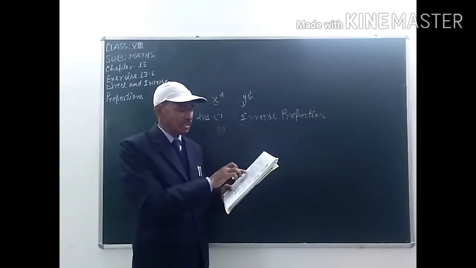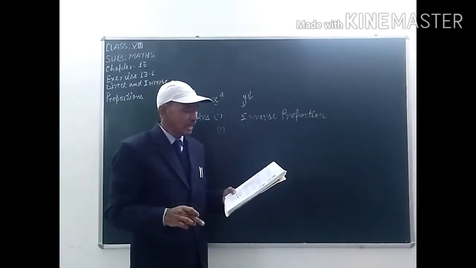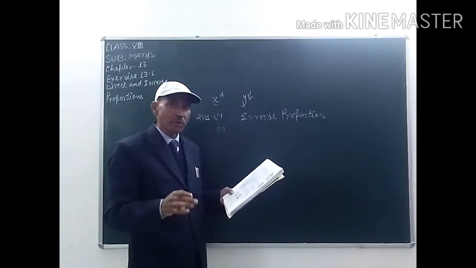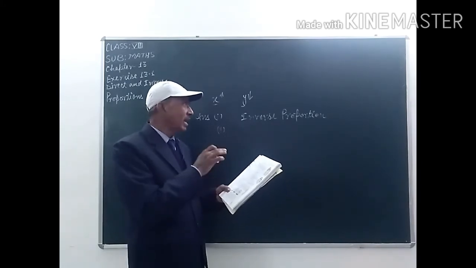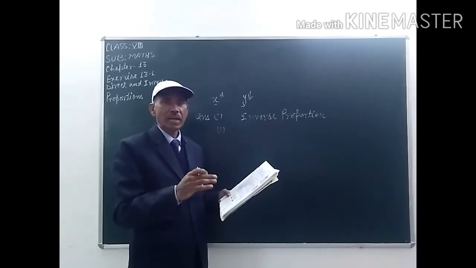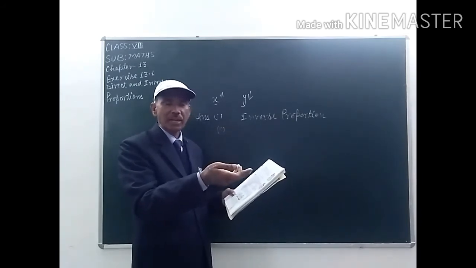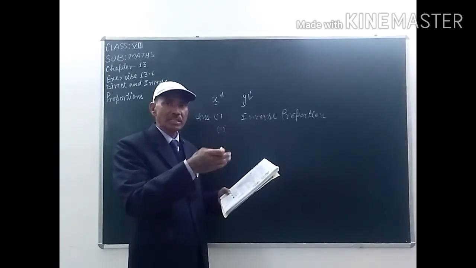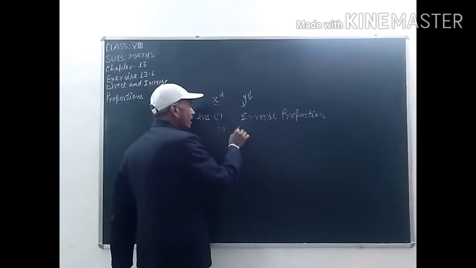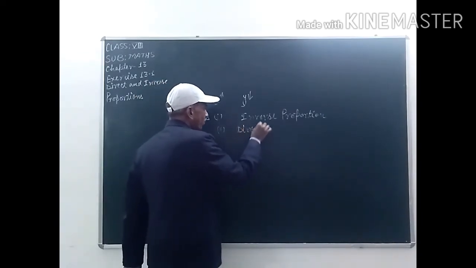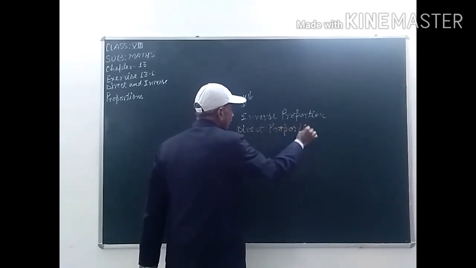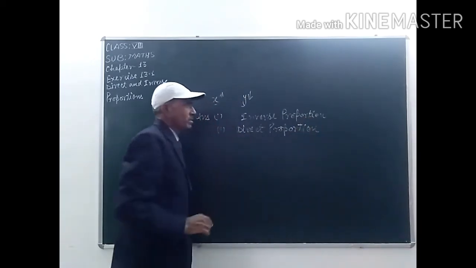Second part of the statement, that is the time taken for a journey and the distance travelled at a uniform speed, it is direct proportion. Students, here the speed is the same, so if more time is taken the vehicle will cover more distance, or if less time is taken it will cover less distance, because the speed is uniform. So this relation is direct proportion. The second part of this question is direct proportion.